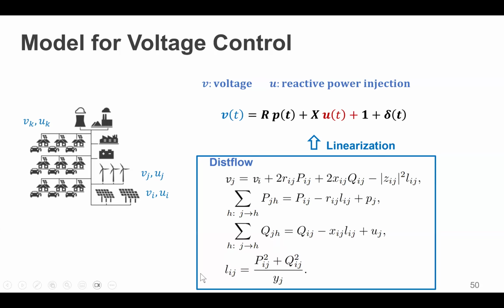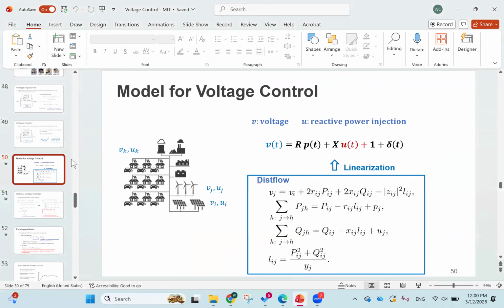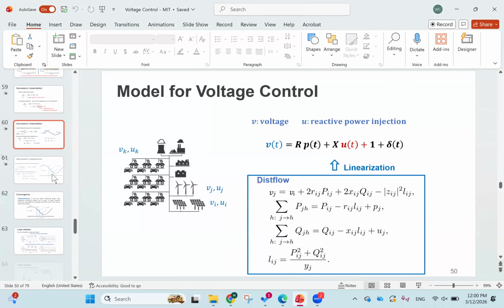To be clearer, for the last part of the work, we try to cope with the nonlinear model. For now, this design still needs some communication capability. In the next step, we want to extend this work to be implemented with limited communication infrastructure. That will be the main future direction of the talk.